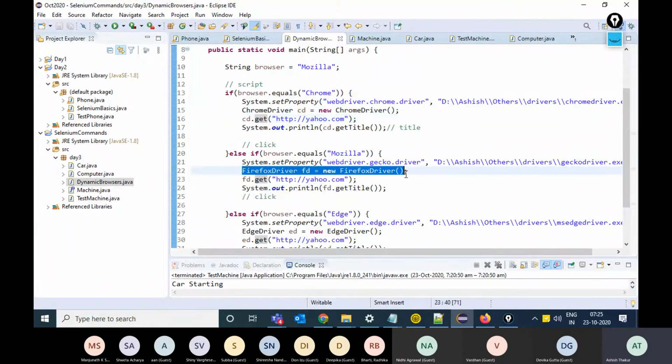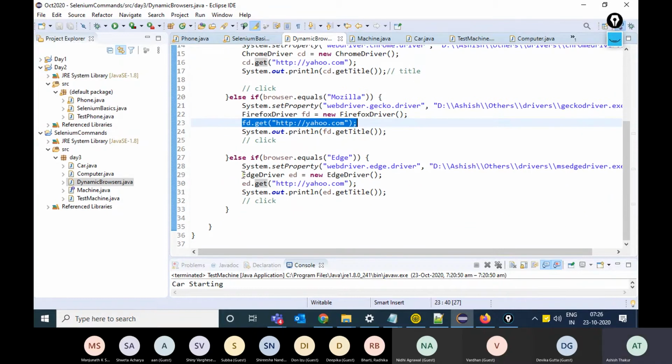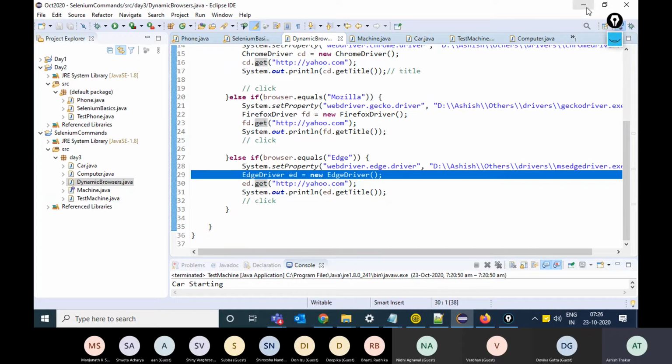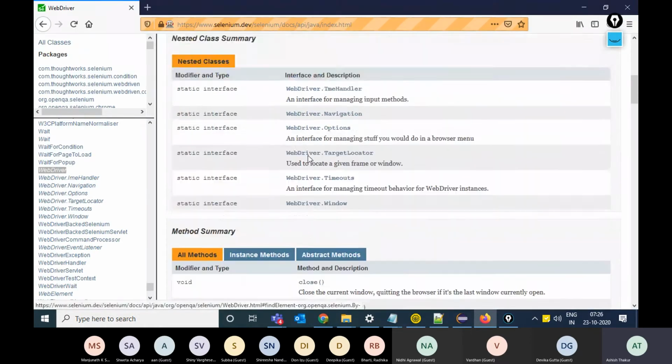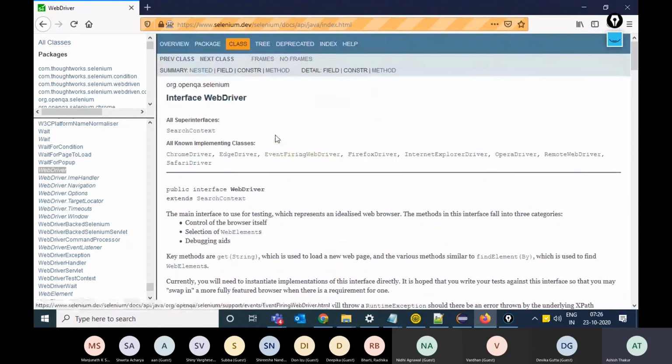If I create an object of FirefoxDriver, I use FirefoxDriver.get to load a URL. If I create an object of EdgeDriver, then again the get function. This get function is there in all the driver classes. This is because internally Selenium has been made in such a way that all the driver classes are implementing the WebDriver interface.